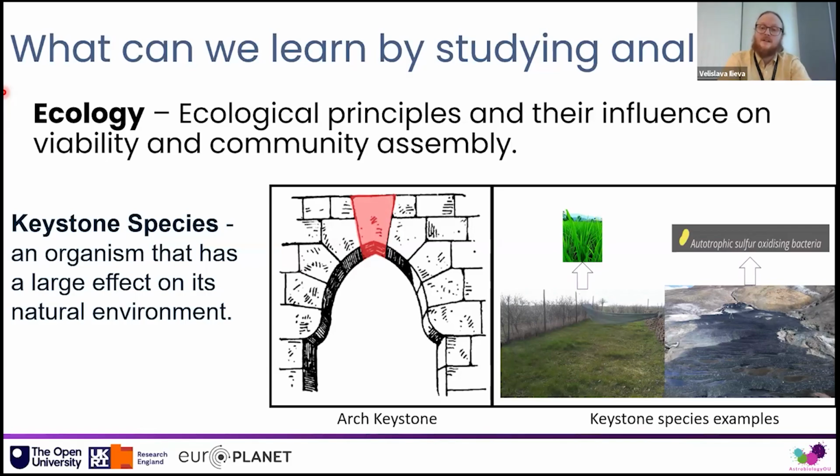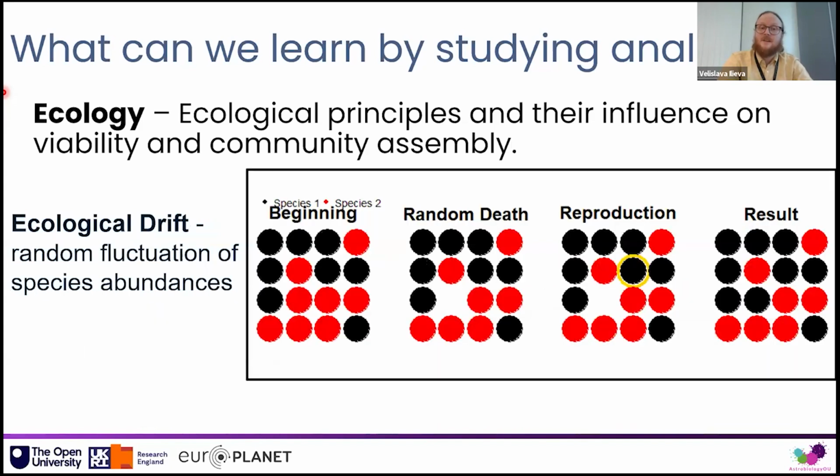And in an environment that's dominated by sulfur oxidizing bacteria, that is carbon poor, in this same way, the autotrophs, the microbes fixing carbon dioxide from the atmosphere, like the plants, would effectively be acting as a carbon pump. And if you were to remove that function, perhaps the ecosystem itself would not be able to sustain. And then lastly, in terms of ecology, there's ecological drift. In microbiology, it's always tempting to consider selection as the sole key factor because, of course, it's an extreme environment, so the microbes have to be withstanding the selective pressure. But random fluctuations occur. Cells die and cells divide.